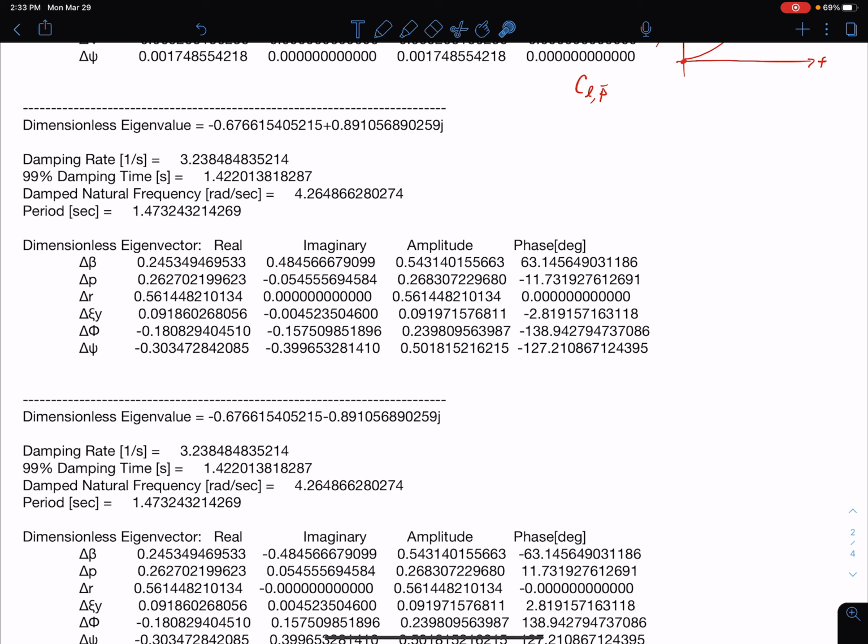So we need to realize that there's going to be changes in roll and yaw. We're going to have changes in our bank angle and our heading. Again, heading maybe a little bit more than the bank angle, but both of those are significant. We're going to have significant changes in beta and also significant changes in y. So actually, the thing that stands out about this mode is that there are really no terms that are insignificant here. All of these are coupled together. So like I said, this is called the Dutch roll mode.